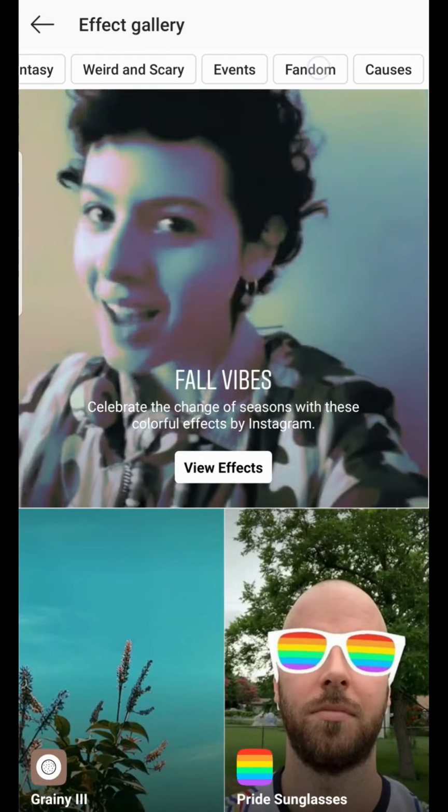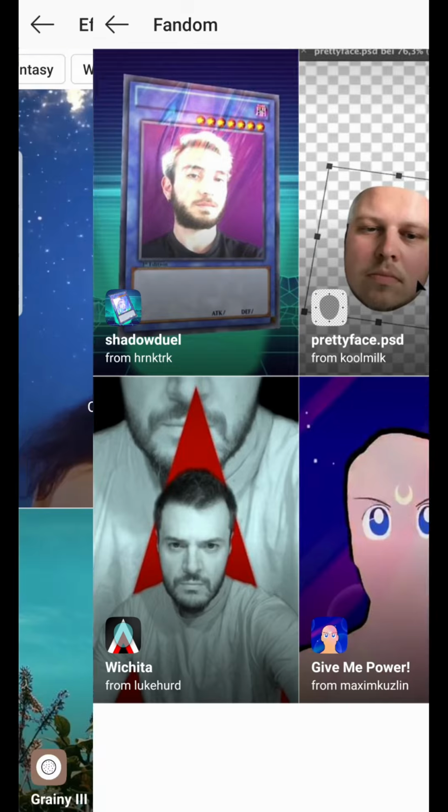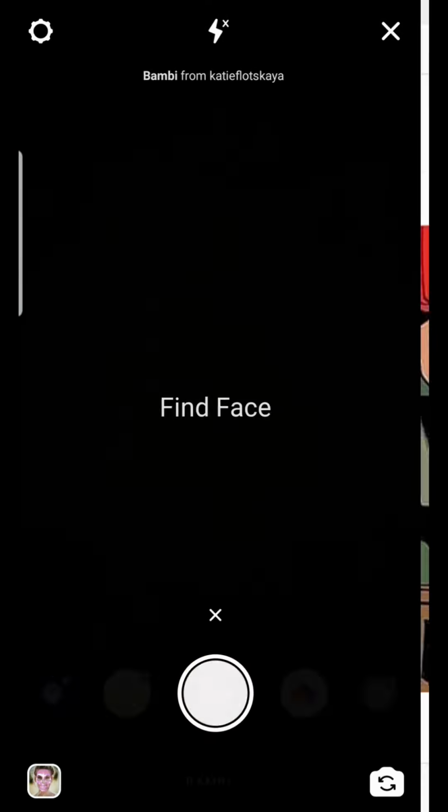This is the fandom category. Actually this LV filter should be here, but we can't see it here. I am seeing only these 4. So if you are getting this error also, you can go to my profile,